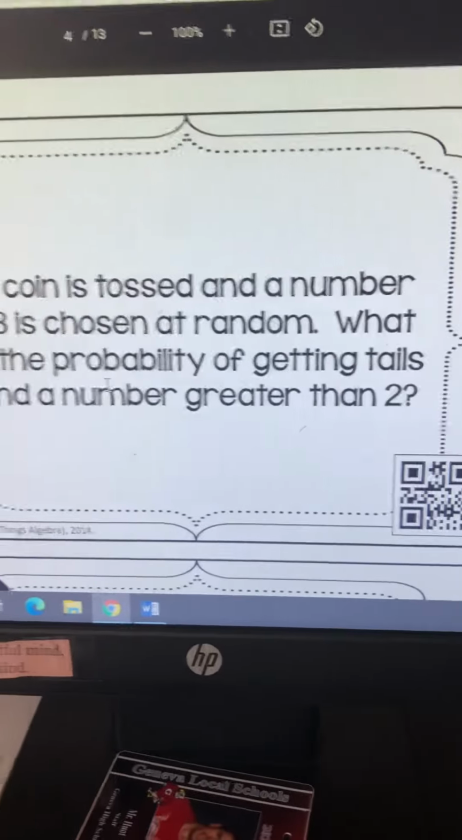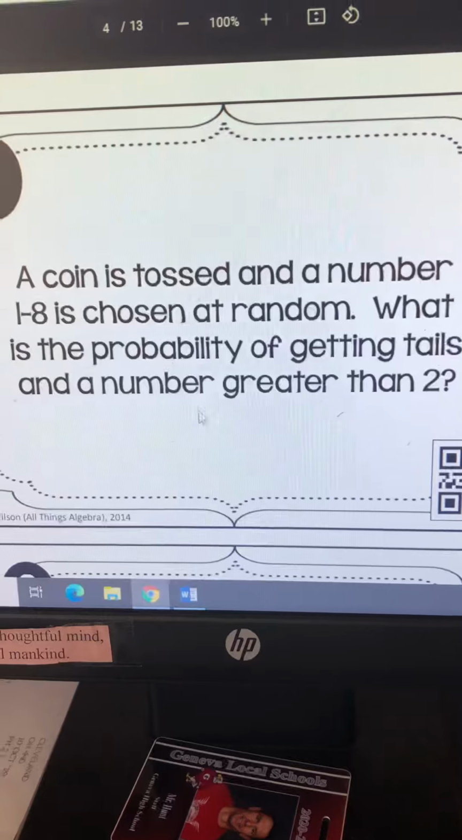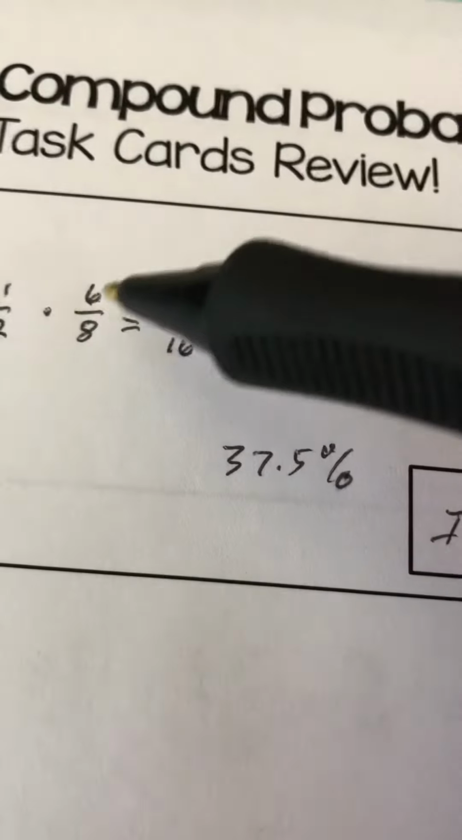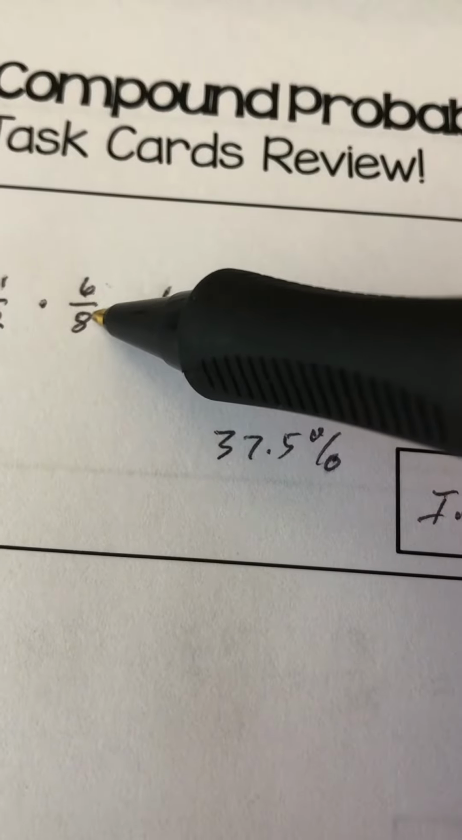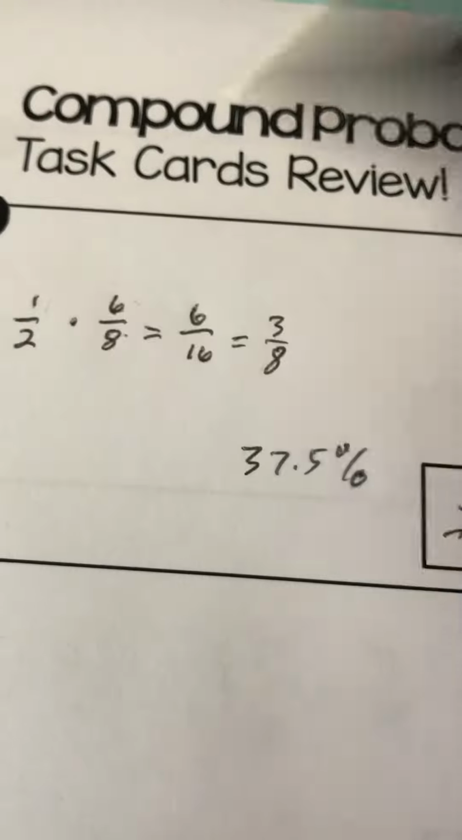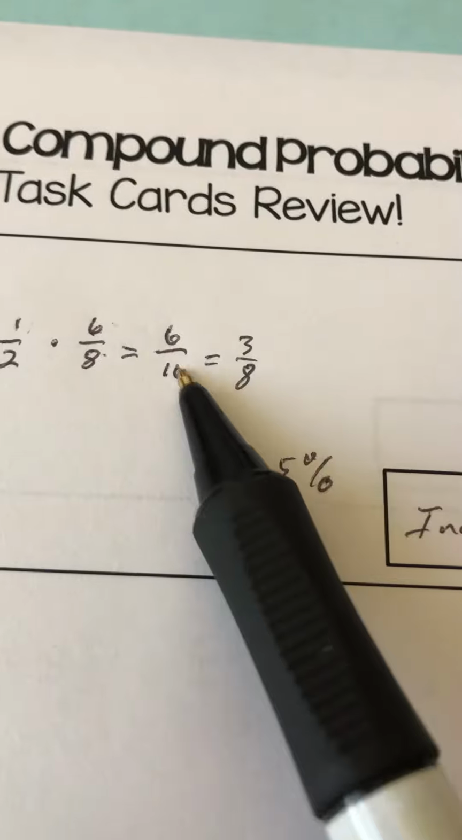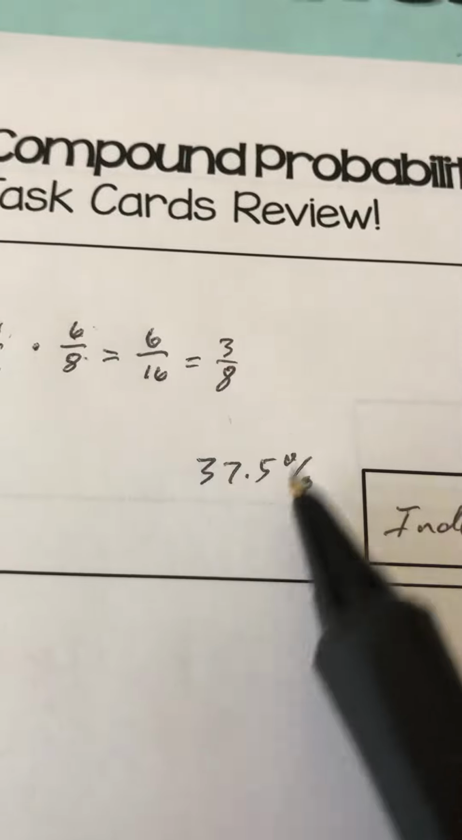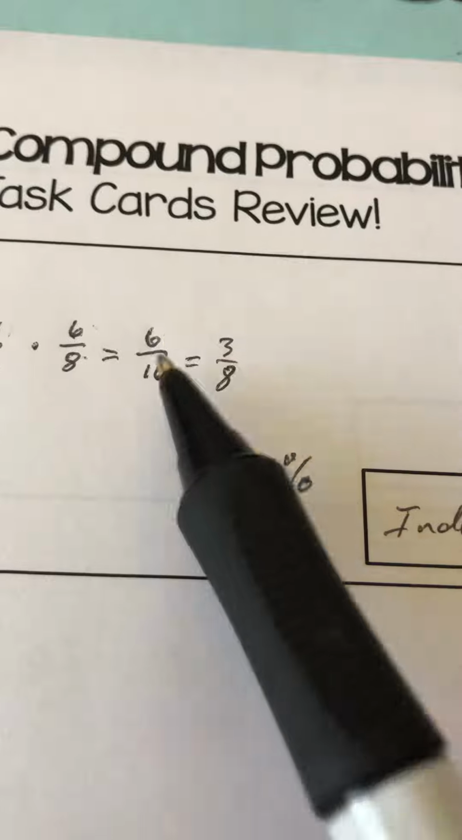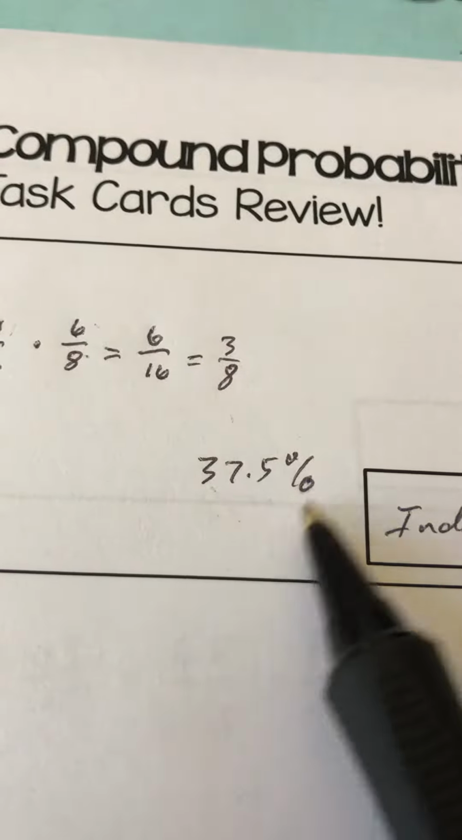Number one, we have a coin is tossed and a number 1 through 8 is chosen at random. What is the probability of getting tails and a number greater than 2? So number greater than 2, there's 6 of them out of the 8 numbers that are there. Getting a tails is 1 out of 2 chances. So you multiply those together and you get 6/16 or 3/8. You just do 3 divided by 8, or you could just do 6 divided by 16, and that's a 37.5%